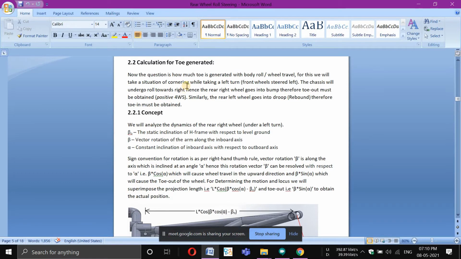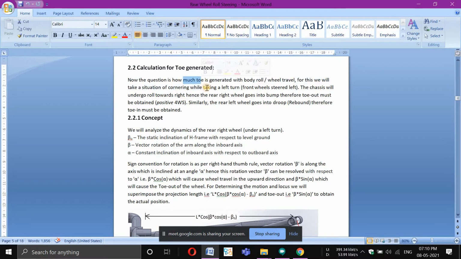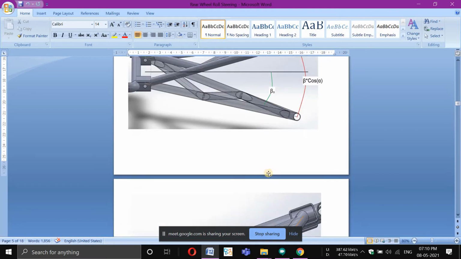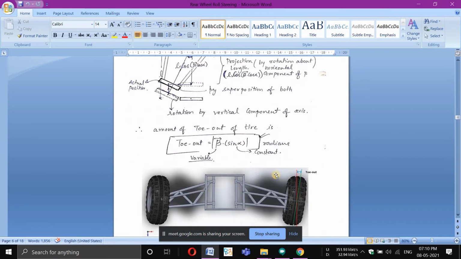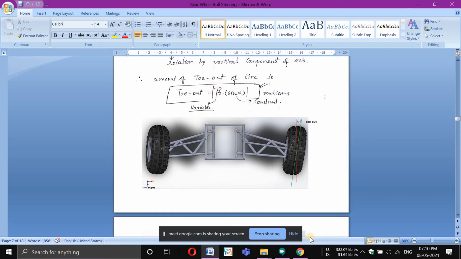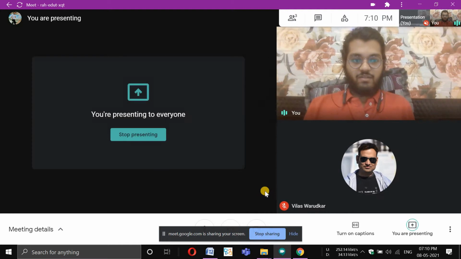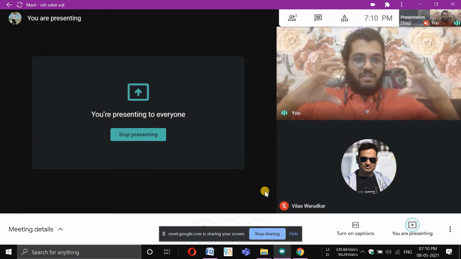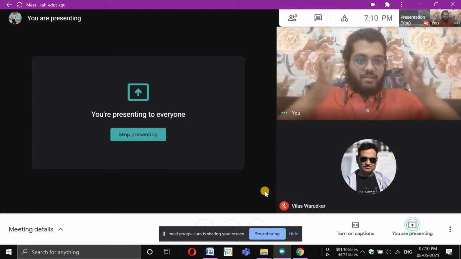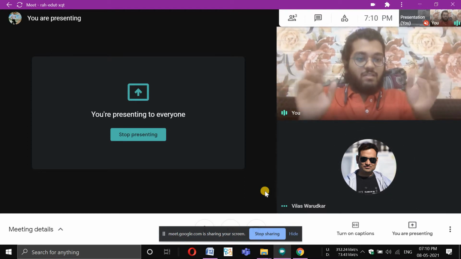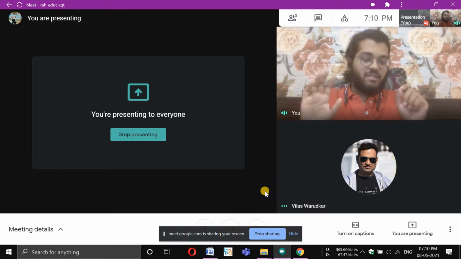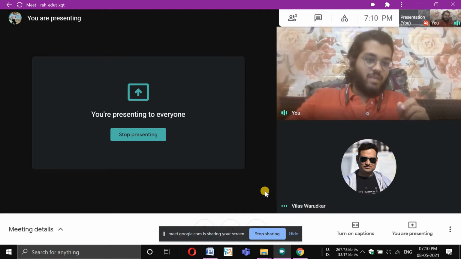So, sir, toe is basically a wheel alignment term. If you could see my gestures, suppose these are the rolling wheels, and this is the straight face of the wheel. When both the wheels toe in or toe out, this is a misalignment in commercial wheels, which we generally go to a mechanic and say that